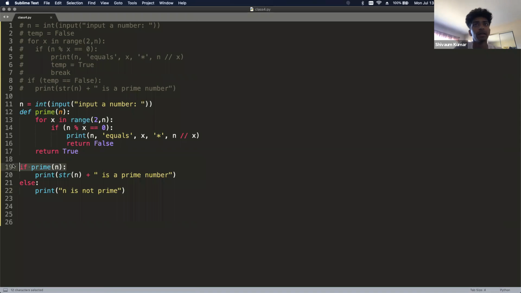So if you guys are confused about this if statement in Python, I don't know if Soham went over this exactly, but if you have if prime of n without any sort of conditional saying if prime of n is equal to true, or false or something like that, you can just say if prime of n, and Python will basically say that this statement, that equals true, is already there. So if you say if prime of n, that's basically saying is prime of n true, else it's meaning if it's false, then it'll print out this. So yeah, that's how this if statement sort of works. Yeah, so that's it for this prime example and quick function example.